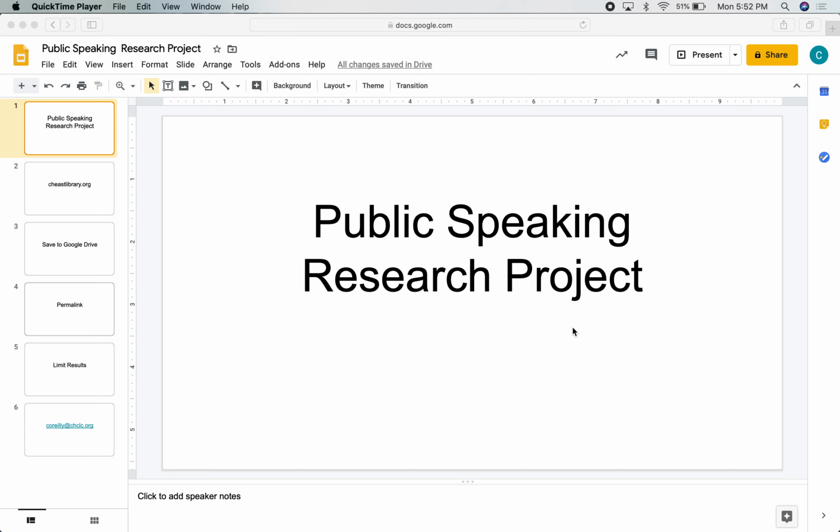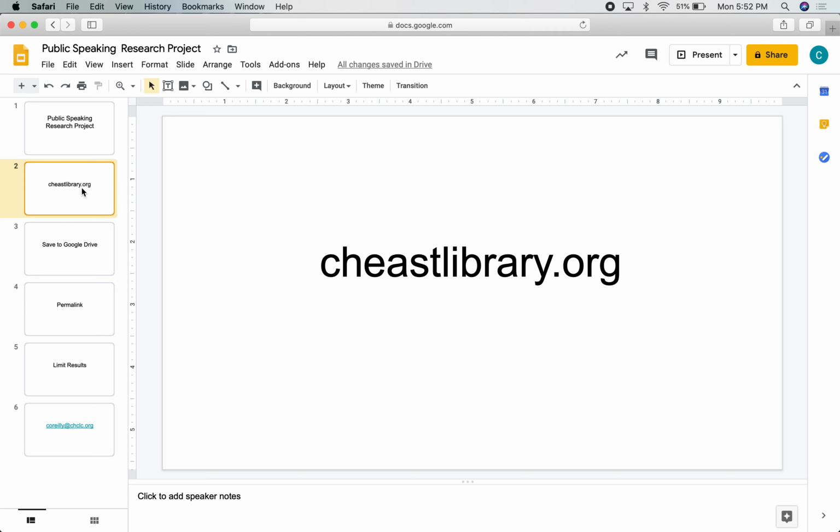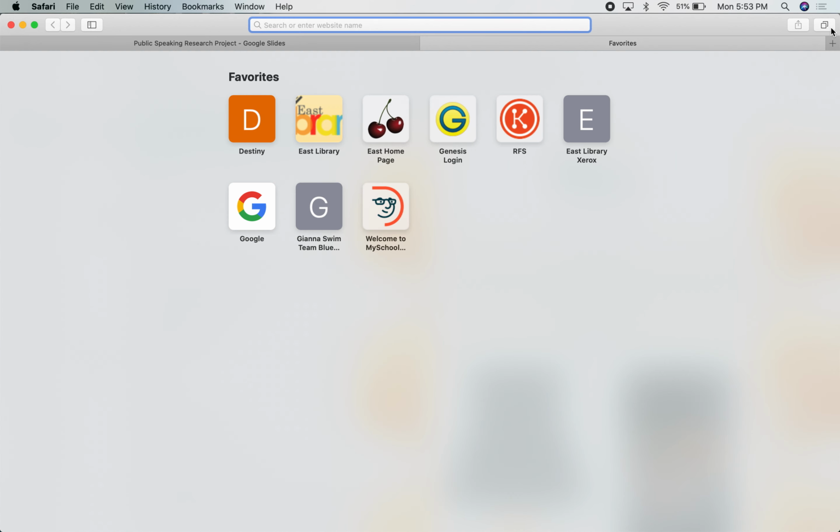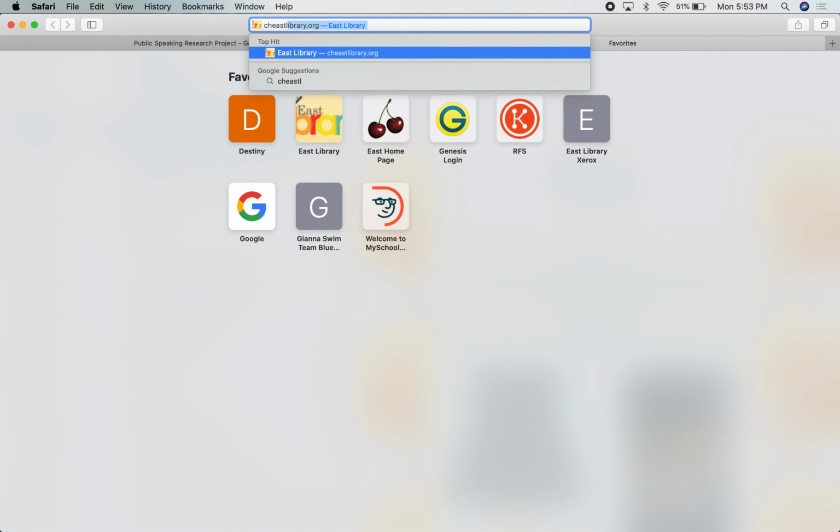or finding information. So, first thing we need to do is go to the library's website so that you can get to our databases. And here is the address, CH for Cherry Hill, eastlibrary.org. Make sure you are spelling that correctly. Library to get to our library's website. So I'm going to type that in,